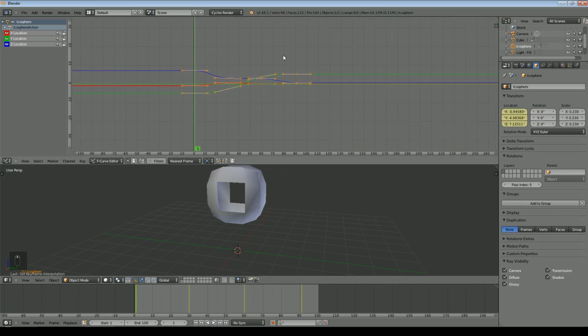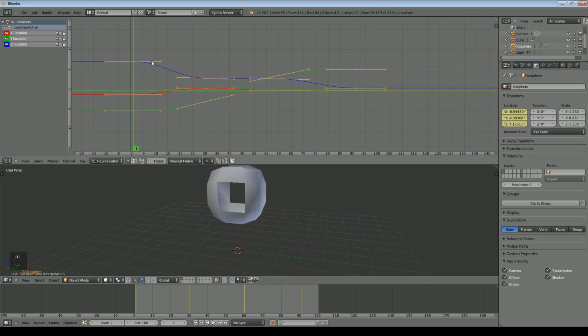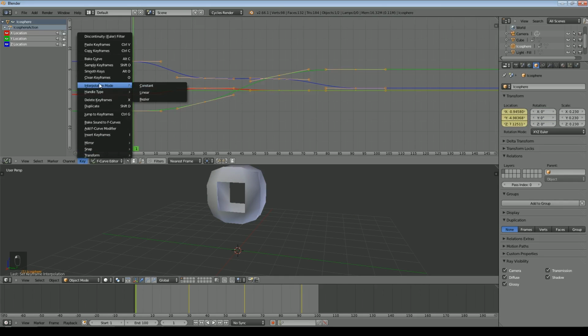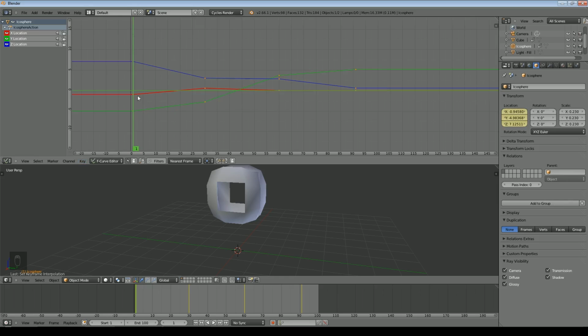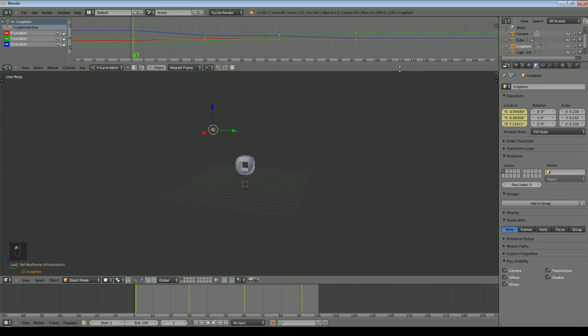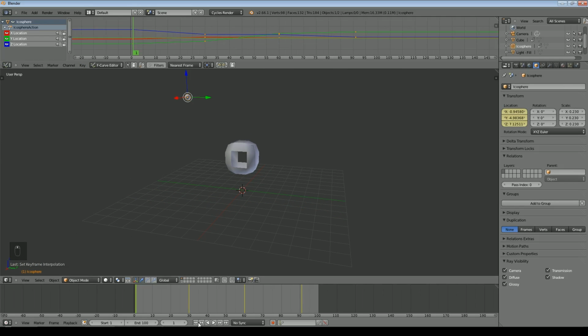So I zoom in a bit here and you can certainly see that they're fairly gradual changes, and we can go into here and change this to linear as well, and let's see what difference that makes. And we play that and you can see it's a much jerkier movement, which may be what you want or it may not. So there's different modes that you can use there. You can use Bezier curves and actually set the curve yourself so it can speed up and slow down.